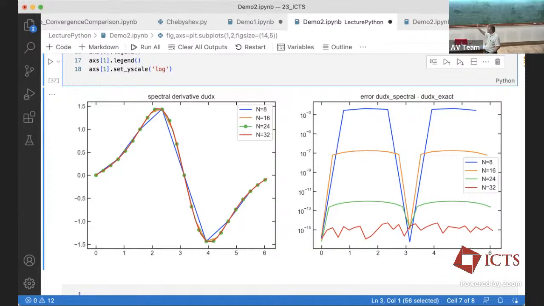This is a typical feature: whenever you're trying to do calculations too accurately, at some point you run into this floor of not being able to do better. If you use Mathematica or other symbolic languages, you can increase the number of significant digits, but we'll just stop here and call this good enough.